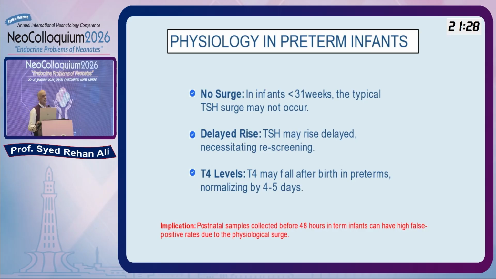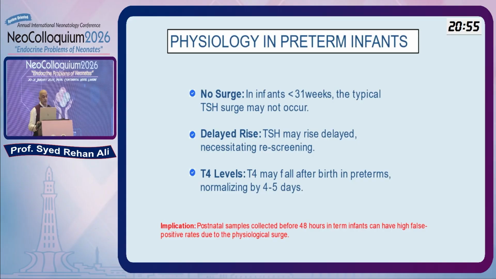In terms of preterm, there's a different scenario. Preterm infants don't get any surge; it may not occur. They have a delayed rise in the TSH, and the T4 level in preterms may fall initially before it starts normalizing on day 4 and day 5. So the implication is that samples collected before 48 hours in term infants can have high false positive rates